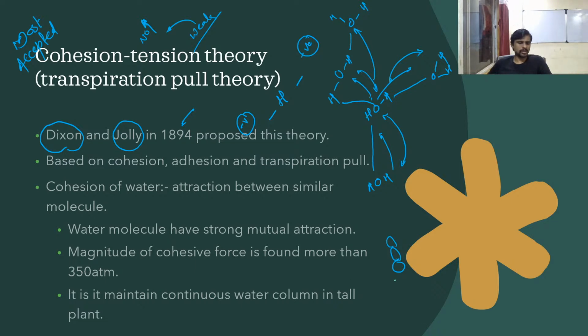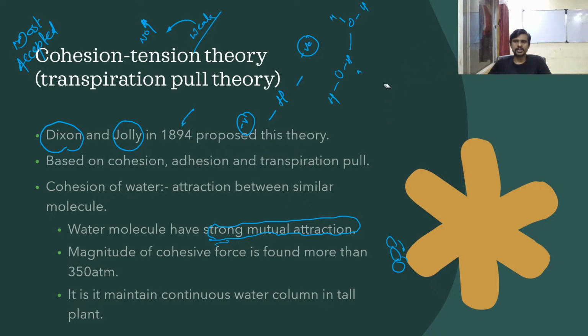Because the water molecules connect to each other, they show a strong mutual attraction. They attract each other, and they form a continuous structure, a continuous chain of water molecules. Let's see how it looks in the form of a cartoon diagram. For example, this water molecule is attracted to this one. They connect to each other, and because of that, they can form a chain or column-like structure in a plant.